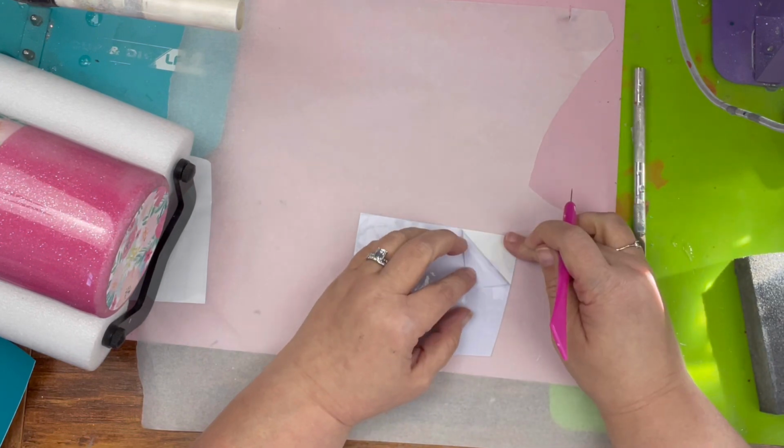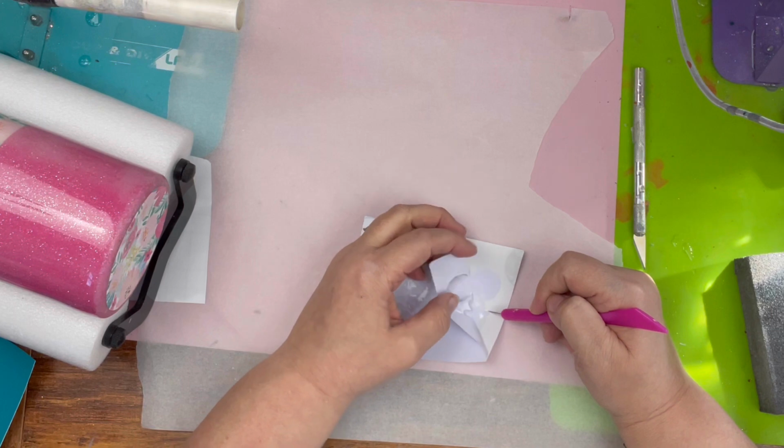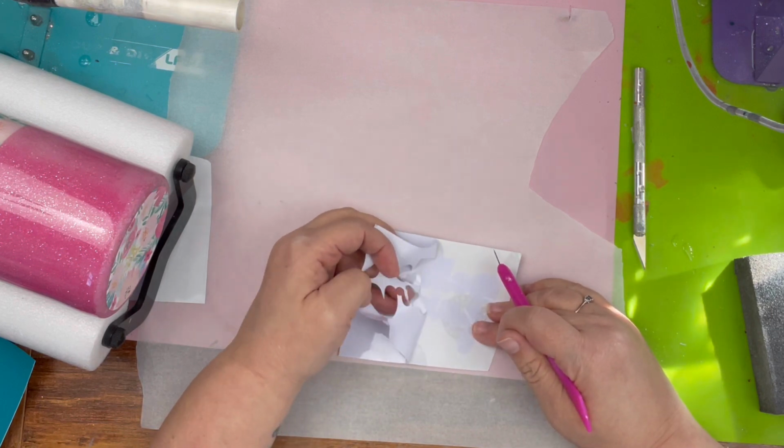So now I'm going to go ahead and weed out the offset to the word. This just says hello spring. This is a